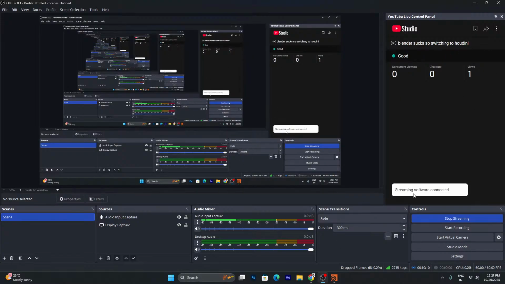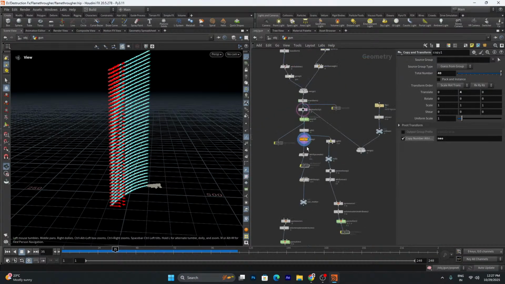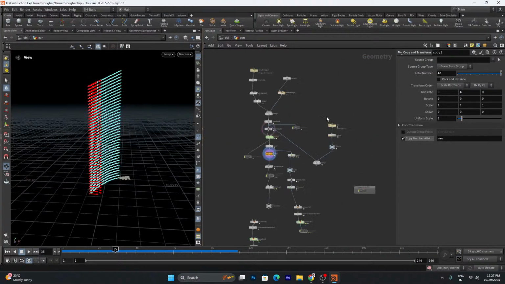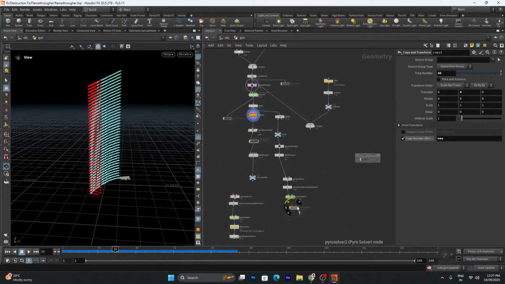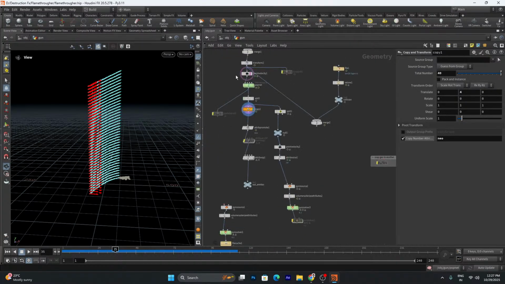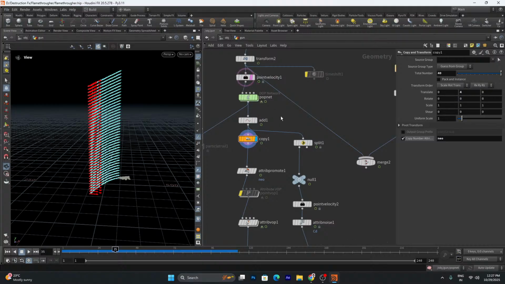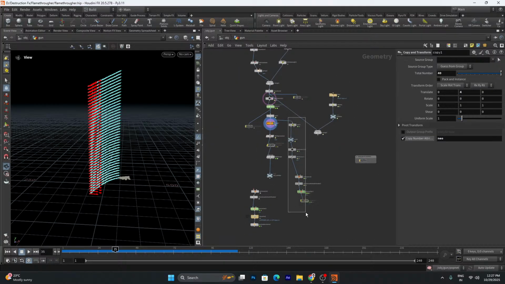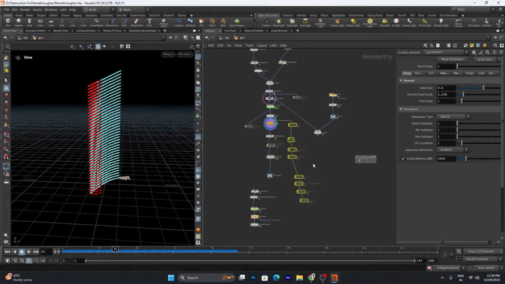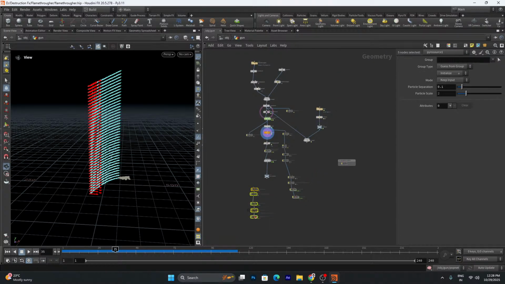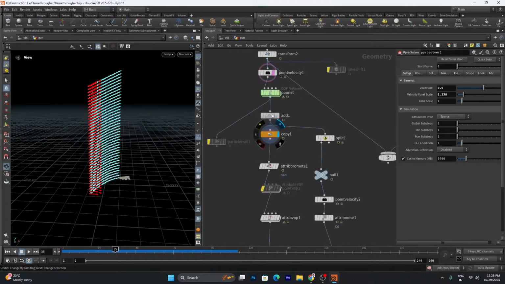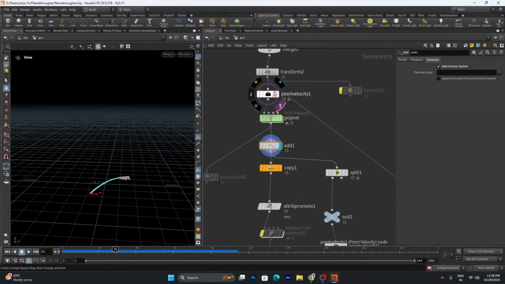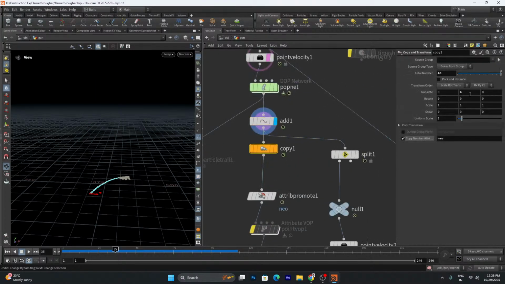Okay, streaming software connected. Alright, so the large network, let's just turn it off. Okay, so I guess this is the pyro. Okay, this is the point velocity, and I just need to disable all of these. Okay, let's just not disable, and in the copy name, let's just